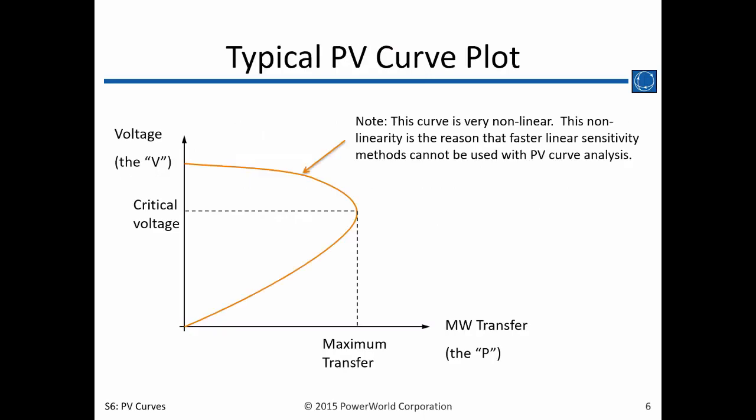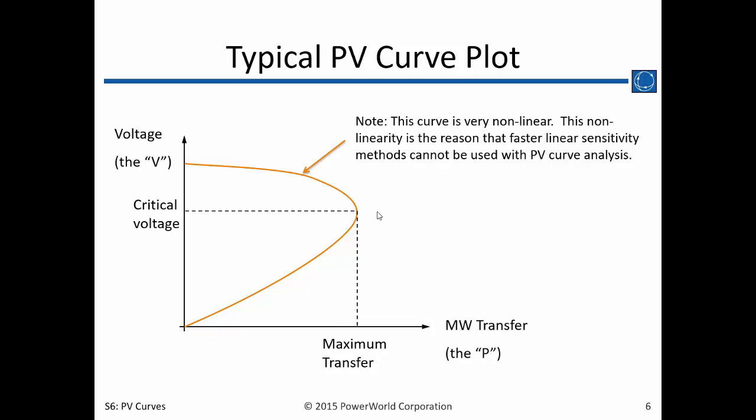This is what a typical PV curve plot would look like. Note that it's a parabolic shape, so it's a very nonlinear curve. Nonlinearity is the reason that faster linear sensitivity methods cannot be used with the PV curve analysis. We can't use sensitivity analysis with linearization of the sensitivities or the derivatives of the curve. We have to use the full AC load flow to solve for multiple points along the curve to determine the shape of the curve. So we always have voltage on the y-axis and the power transfer on the x-axis,